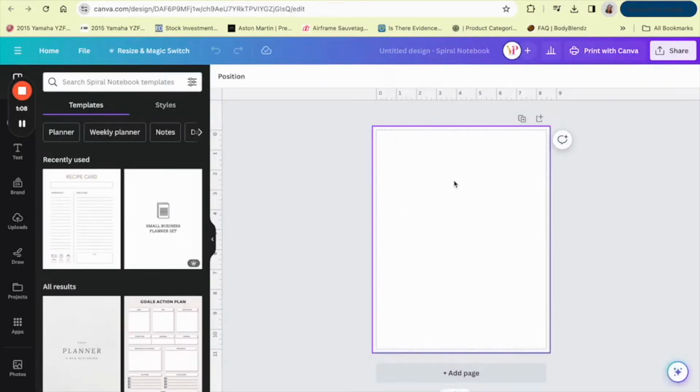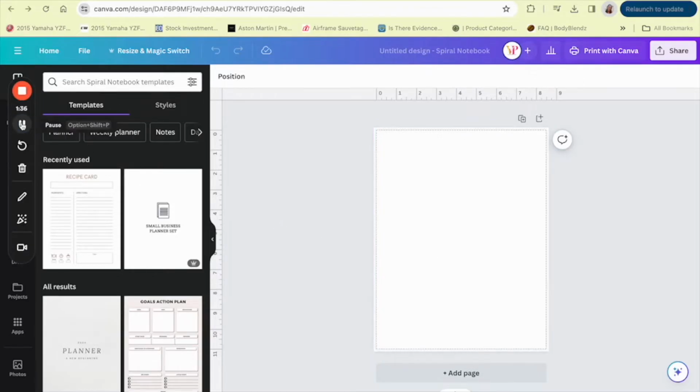And on this design, I have added in the margins so you can see exactly where everything is going to be laid out. Creating a digital planner is a very tedious process, and depending on what kind of planner you're creating, it can take you 24 hours to a week. It depends on how tedious you want and how detailed and designed you want your digital planner to be. So we're going to start with the cover. The first thing that I like to do is the cover, because it's the most creative part of the planner. And I am a very creative person, so I'm going to show you guys how I would go about